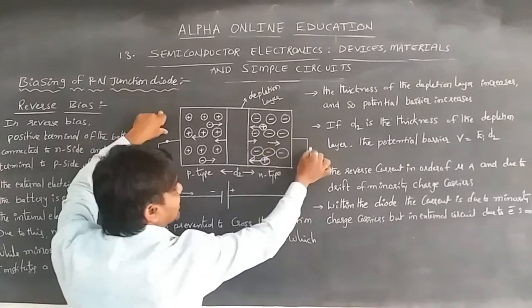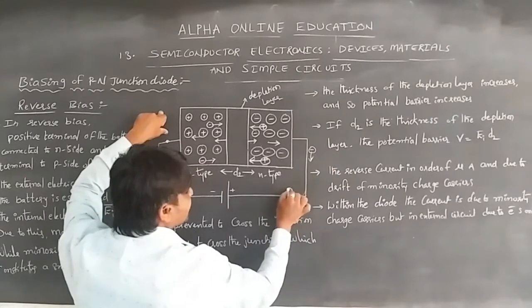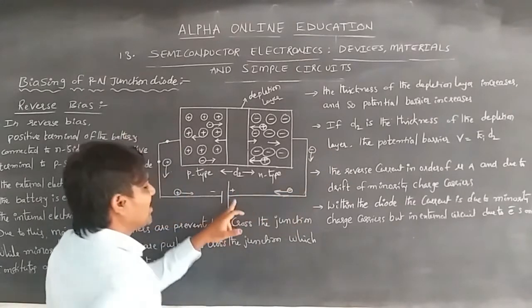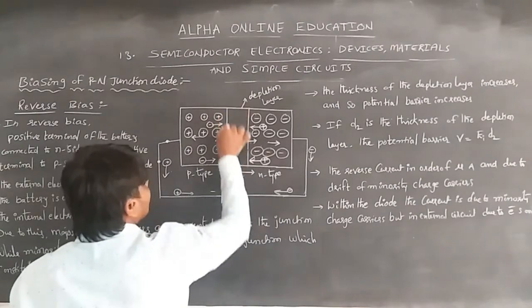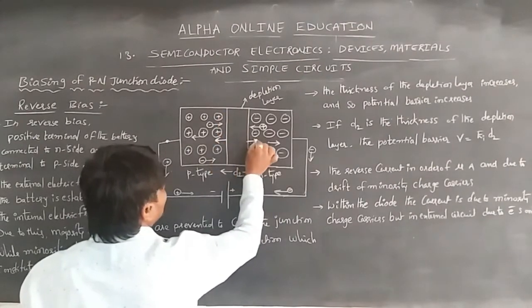The electrons, having negative charge, move towards the positive terminal of the battery. So the depletion layer width becomes thicker,